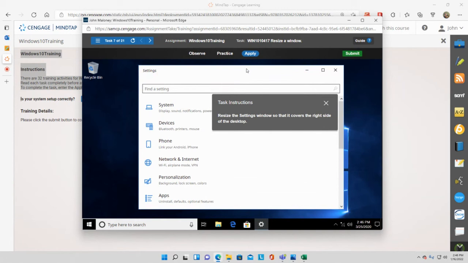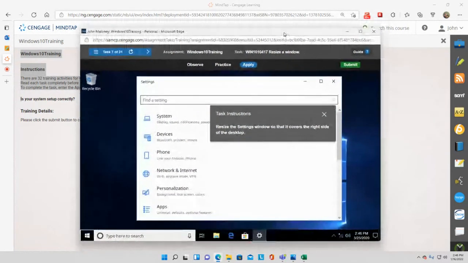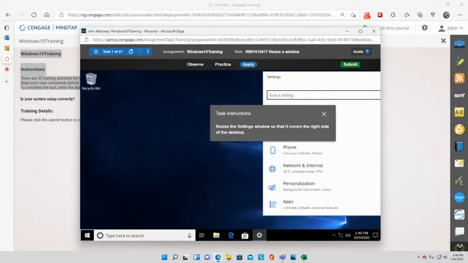Generally speaking, in Windows computers, if you have something open, let's say it's a Word document or an Excel file as an example, you just click right here and then drag it and bang it to the left or bang it to the right, and then whatever that document was will take up half the screen. So in this case, and remember, this is the screen we're talking about, the pop-up, right? Not your screen. So she's saying it covers the right side, so I'm going to click right here and drag to the right. And once I let go,